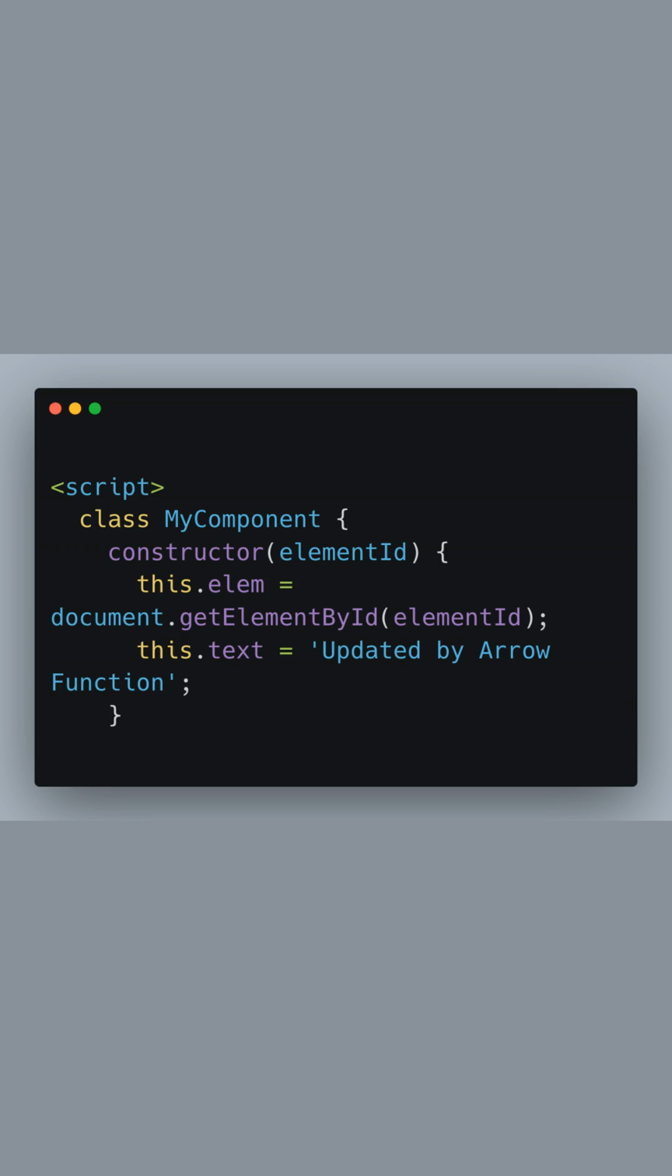Now, let's look at the JavaScript part where we define a class called myComponent. This class has a constructor that takes elementId as a parameter. Inside the constructor, we access the DOM to get the element with elementId and assign it to this.element. We also set this.text to "updated by arrow function", which will be used later to update the content of